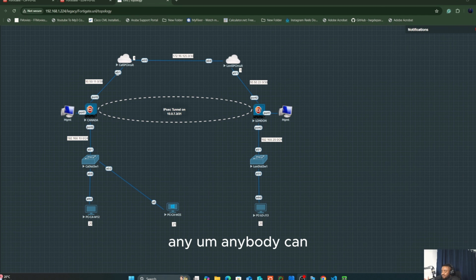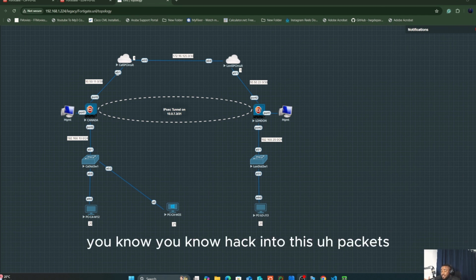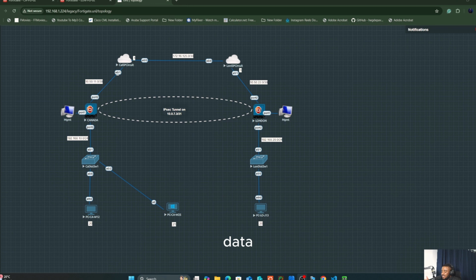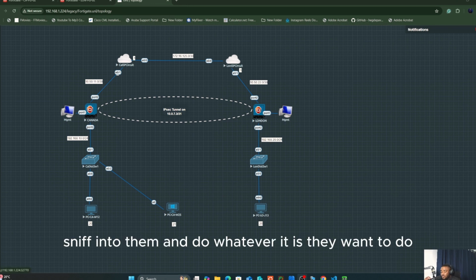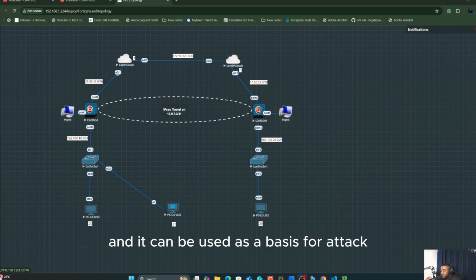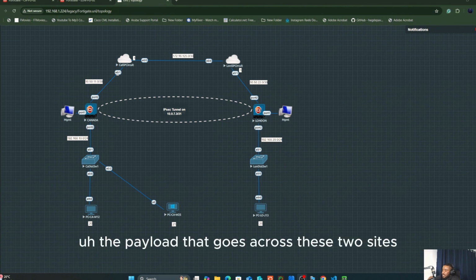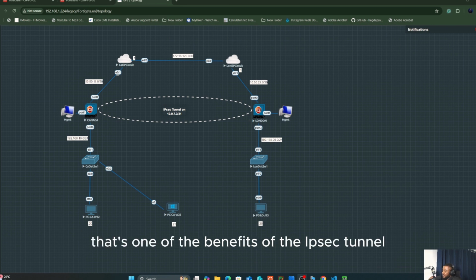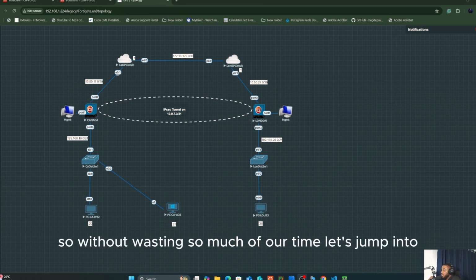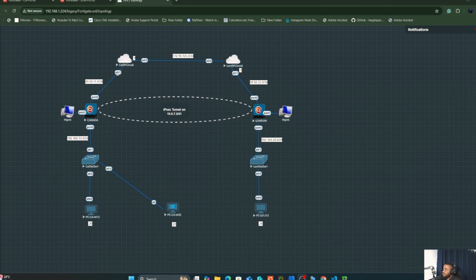Anybody can hack into this packet's data, sniff into it, and do whatever they want to do, and it can be used as a basis for attack. But once the tunnel is configured, it will be encrypted. The payload that goes across these two sites will be encrypted. That's one of the benefits of the IPsec tunnel. So without wasting so much of our time, let's jump into this